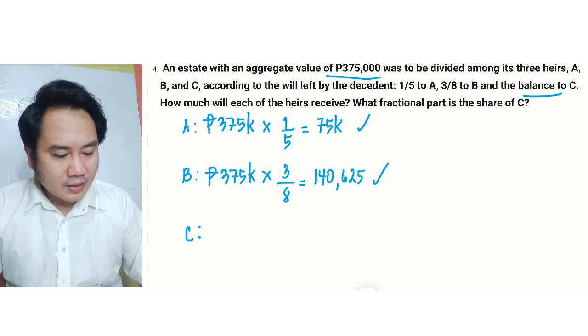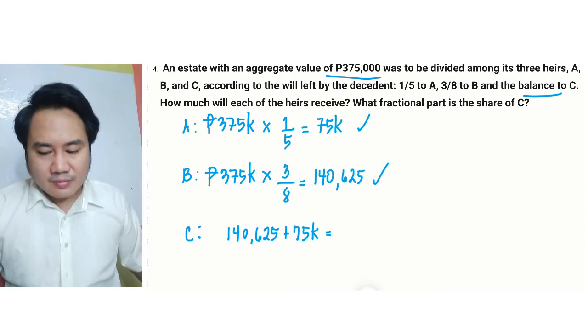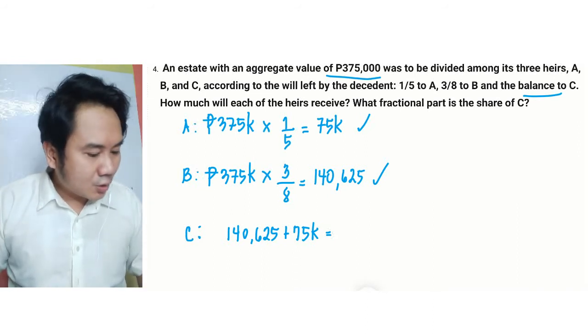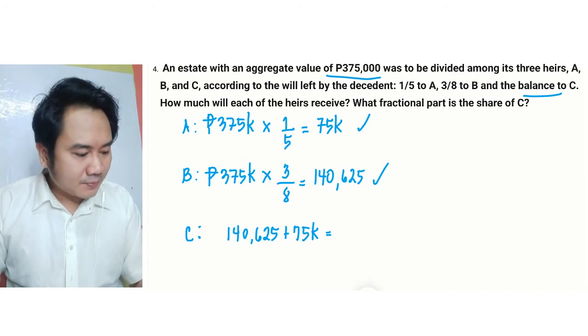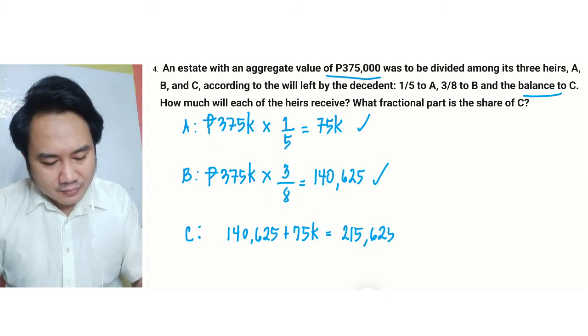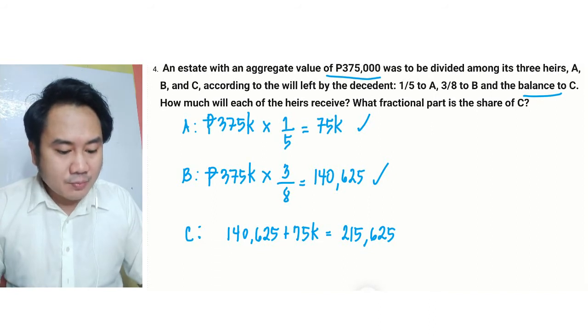So, adding 140,625 and 75,000 will give us an amount of 215,625. And then we are going to subtract this from